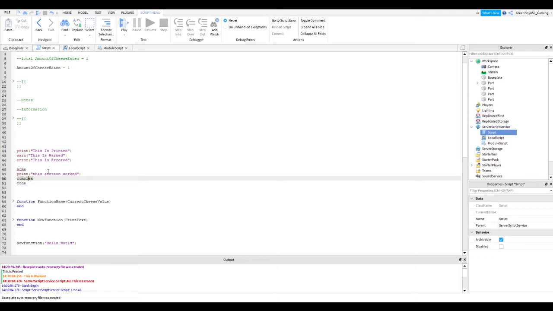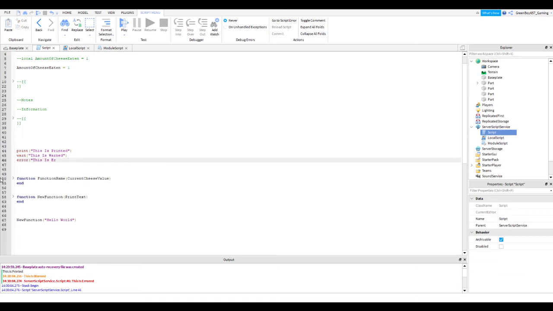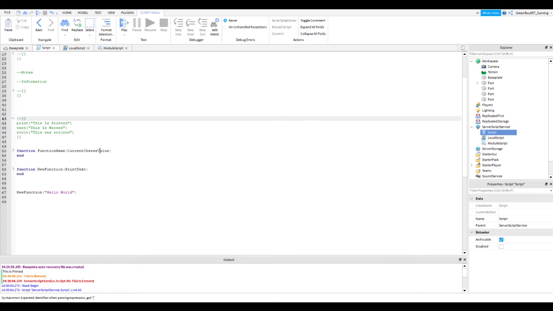That way you can tell what part of your code is responsible for it not working. So we're actually going to keep this. This errored, so we're going to keep that for now. Now we're going to line, dash, dash, turn this into a note. So now we're going to show the function. So this should